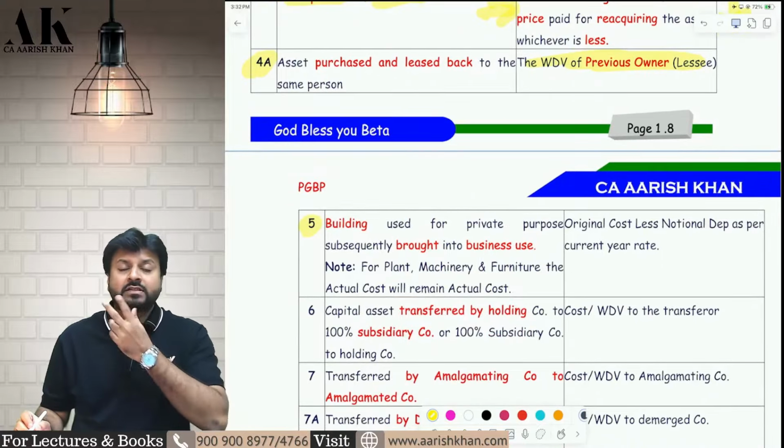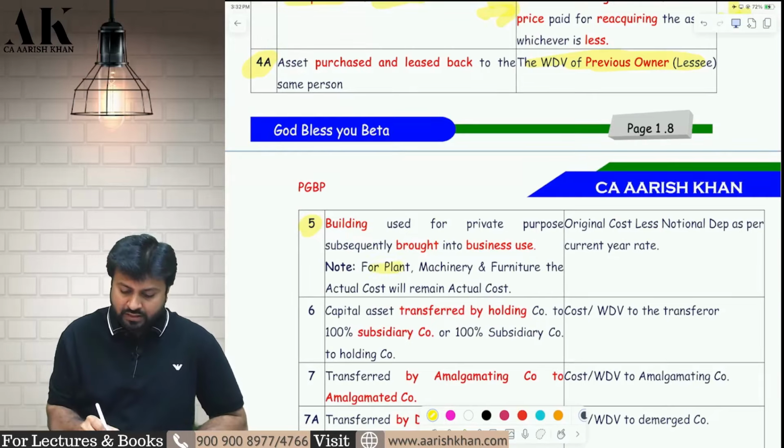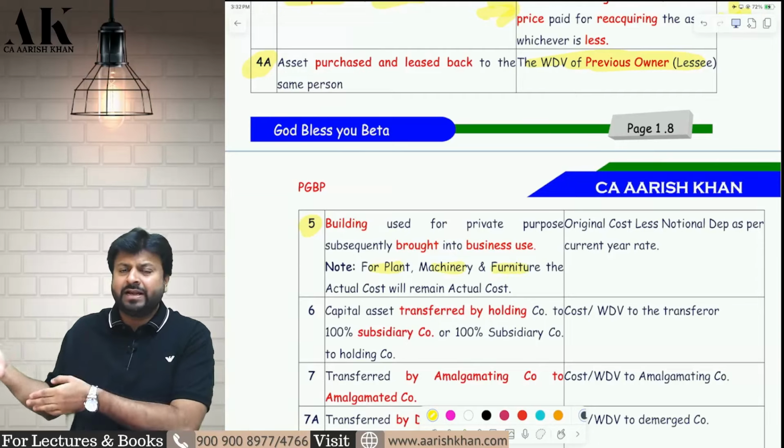Explanation 5 divides all the assets into two categories. Building is separate, plant machinery furniture is separate. Let's talk about plant machinery furniture. If there is a personal plant, personal machinery, personal furniture which is kept at my home, now